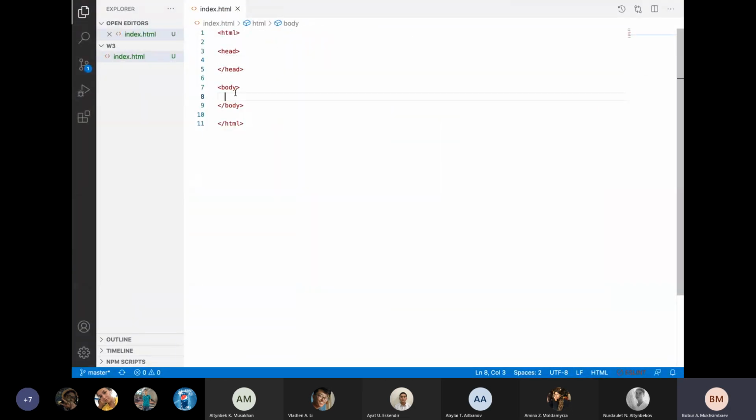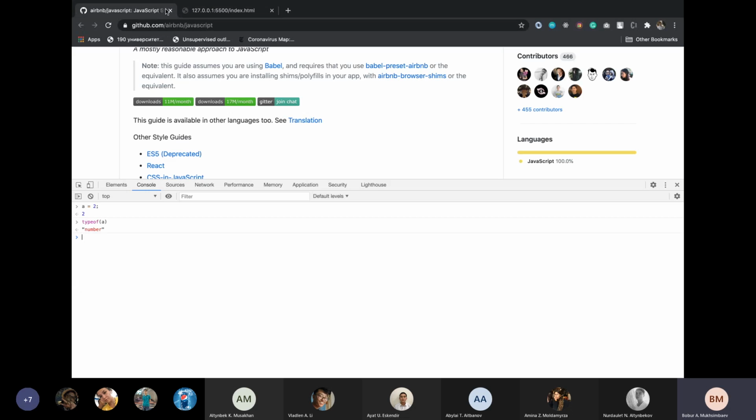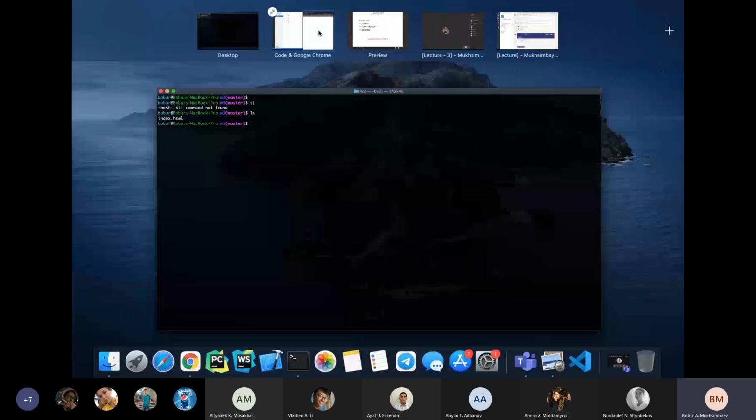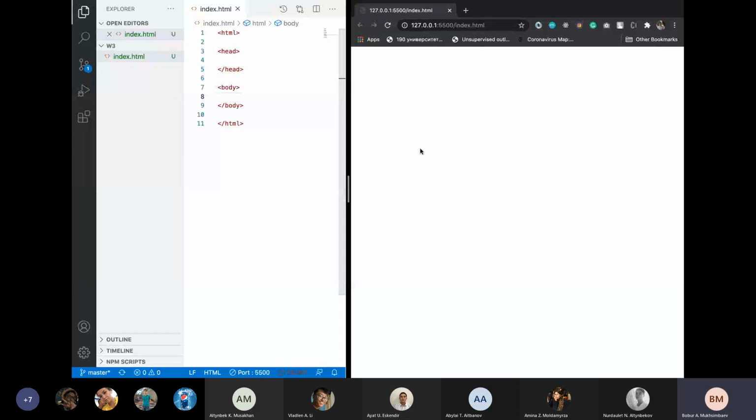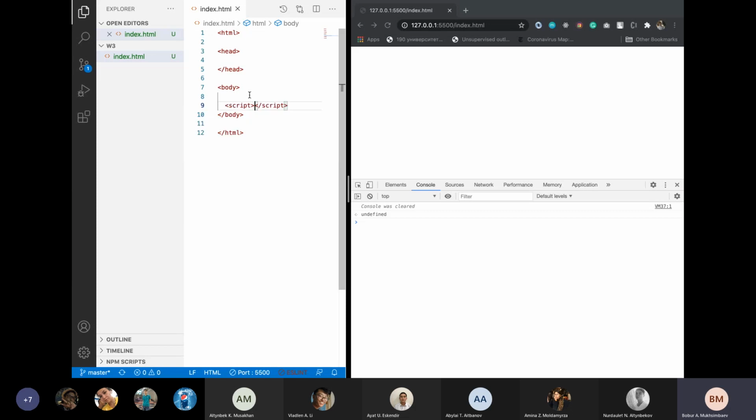So we have here our HTML file. Let's run this file using our live server. Where is our browser? Let's go here. So let's close this one. Add our browser here and open the console here. So we have only one file here, index.html. You have already seen the JavaScript tutorials, but how can we add the JavaScript code inside of the HTML file? One of the options here is just writing a script tag